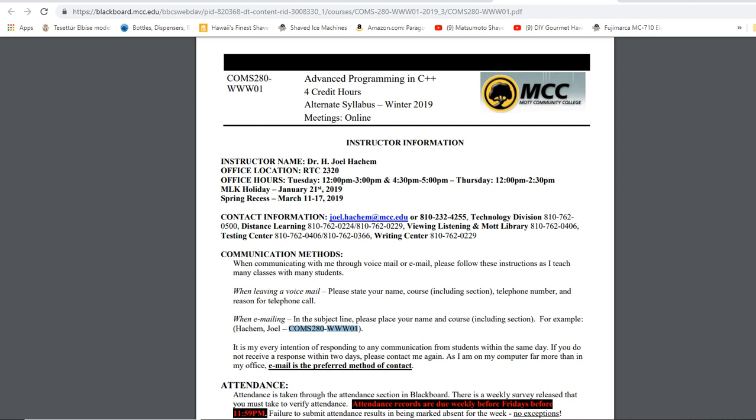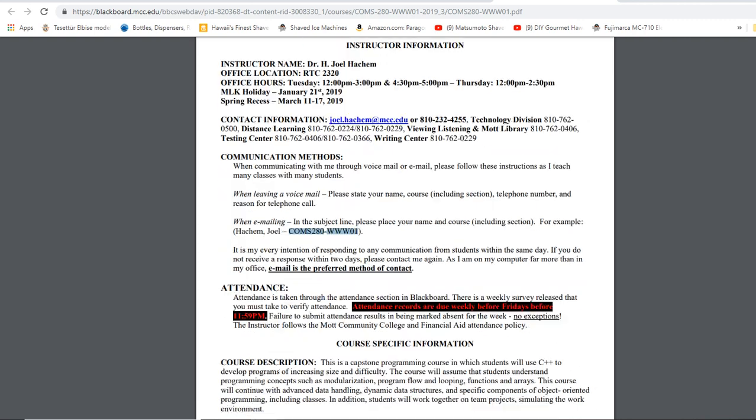That will allow me to know that this is from a student, I need to reply ASAP. Even if I don't have an answer for you, I will at least reply stating I did receive your message, please relax, nothing to worry about, I will get back to you. If you don't hear from me within 24 hours, please send it again. Keep bugging me until you get an answer from me.